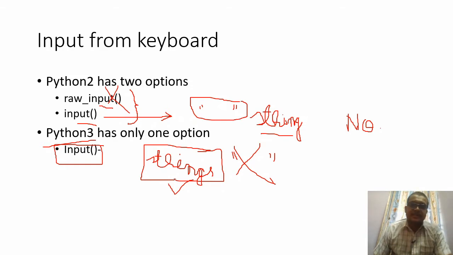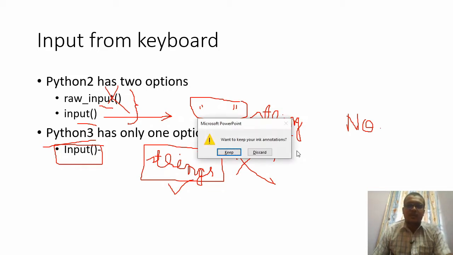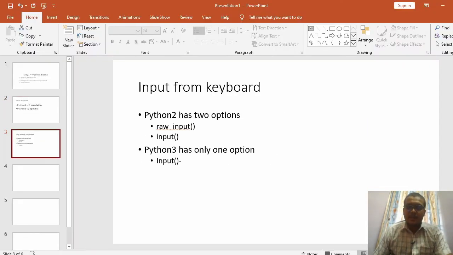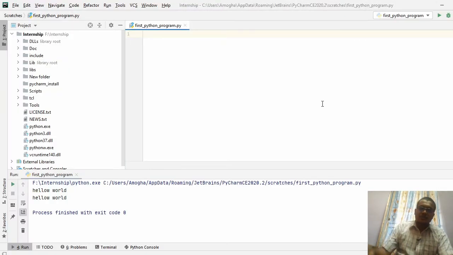So let me take another program as an example. The first program was Hello World. Now this will be another practicing example for you.